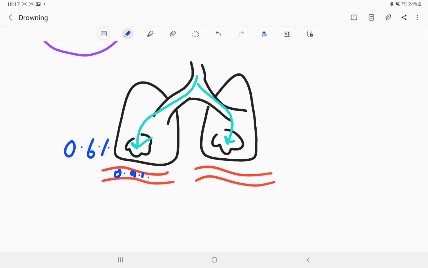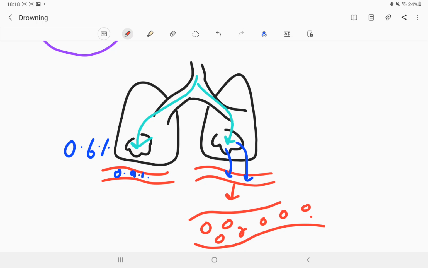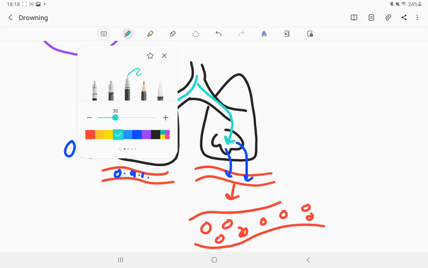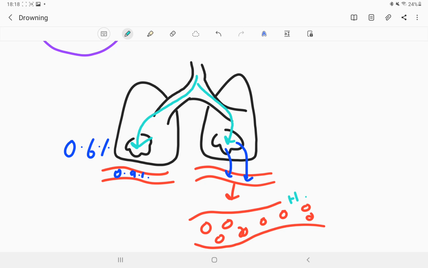So now what will happen? From the alveoli, the water will seep into the blood, right? So the blood will be filled with water now, and this blood will get engorged with water. Now here we have the RBCs that are floating, right? Because the RBCs are floating, these RBCs will get exposed to high levels of water, as I just told you. So here, H2O,